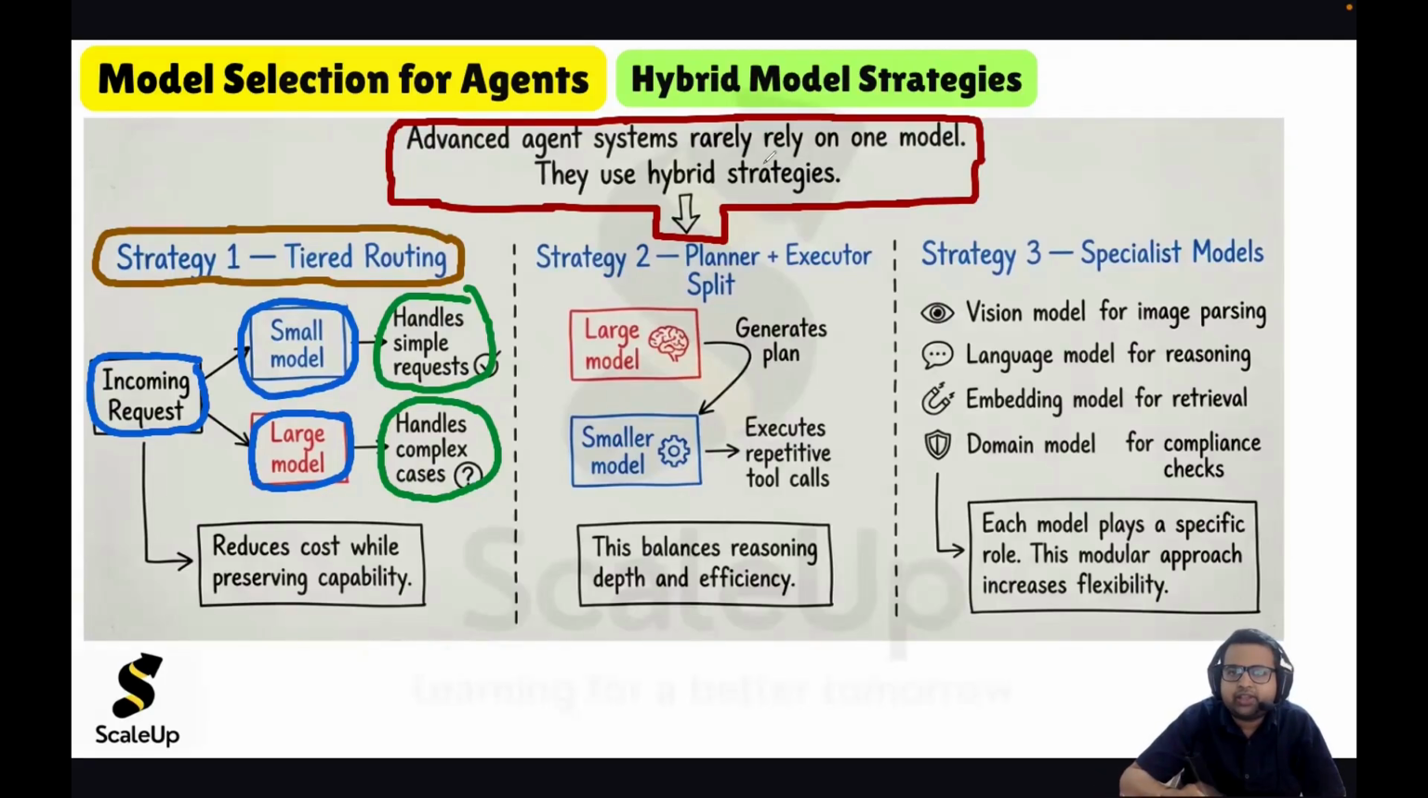Now the advantage of this approach is that it reduces the cost while preserving the capability. This is something very interesting. We are not compromising the capability, because there is no point in using large models for a simple request. For simple requests, we can consider small models. So it reduces cost while preserving capability, wherein for simple requests we send it to the small model, and for complex cases, we send it